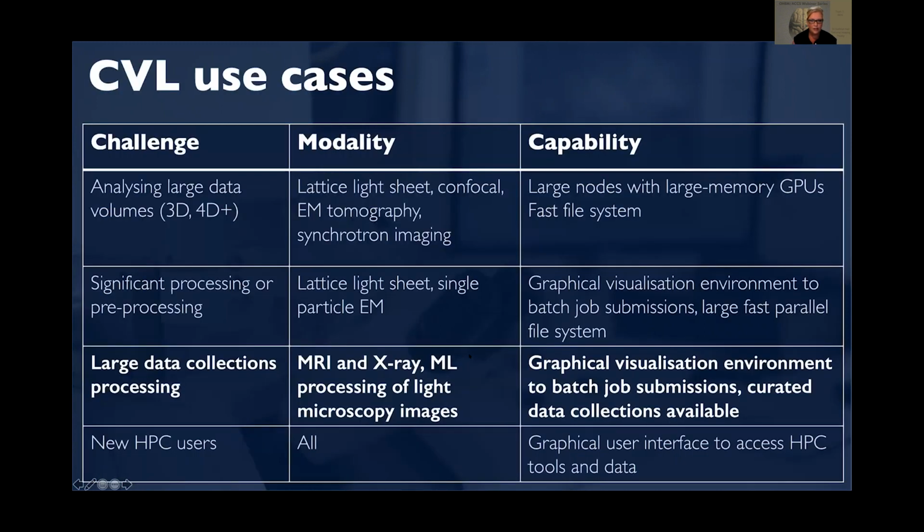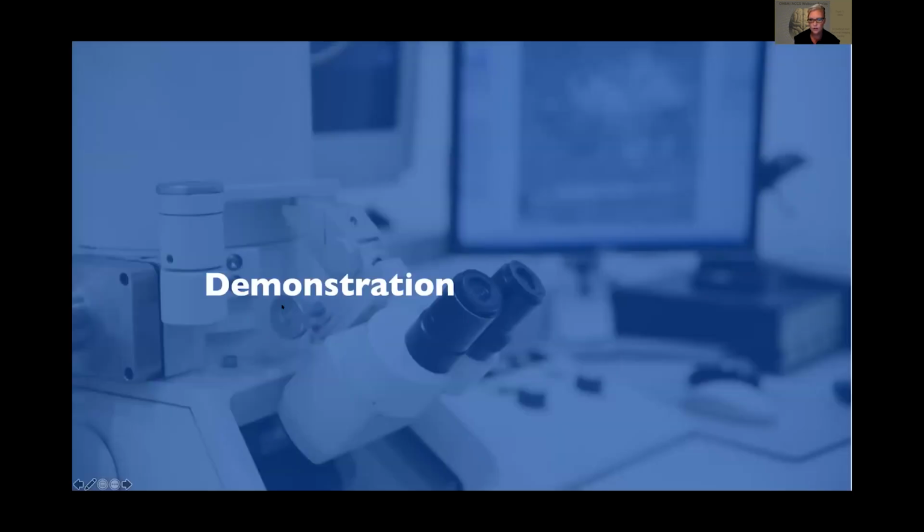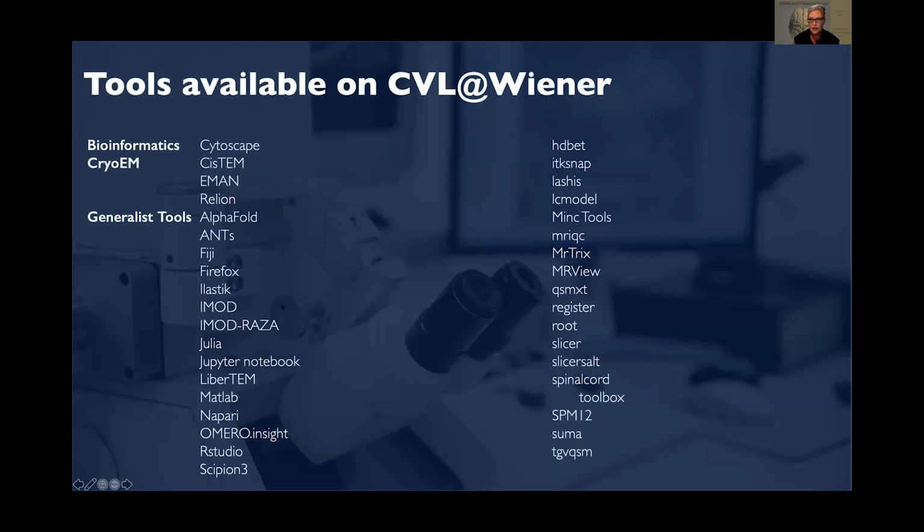So the use cases, and there's quite a number of different communities that engage with CVL, but in your case, the main thing would be processing large collections, and the graphical visualization that it offers using large amounts of GPU, which may otherwise be inaccessible to you. In the case of Weena in Queensland, the CVL node here, you can access a huge range of tools, and we have a very well-developed neuroimaging suite there. Thanks, Stefan. Stefan's responsible for a lot of that, and we thank him very much for that.